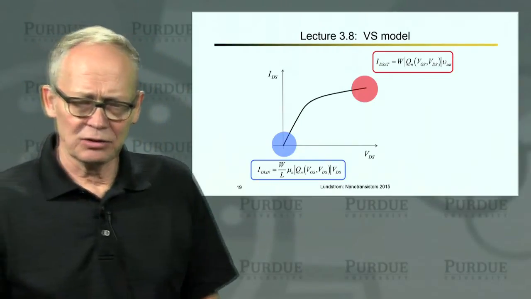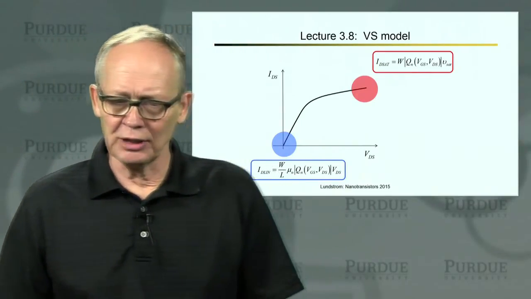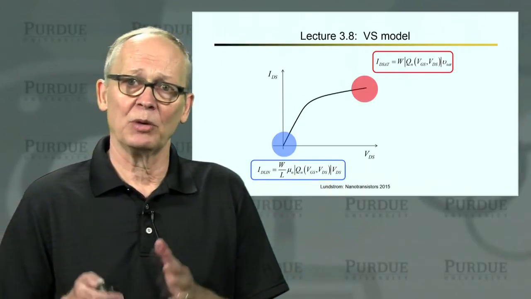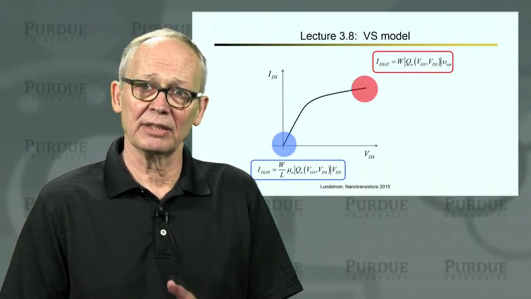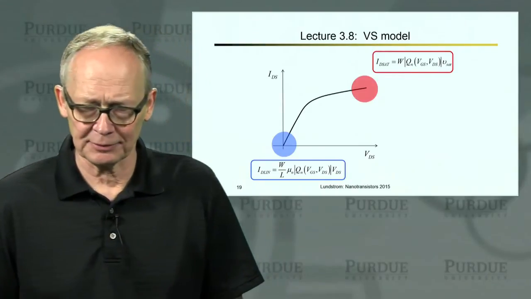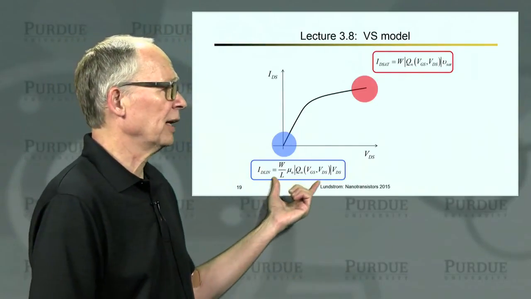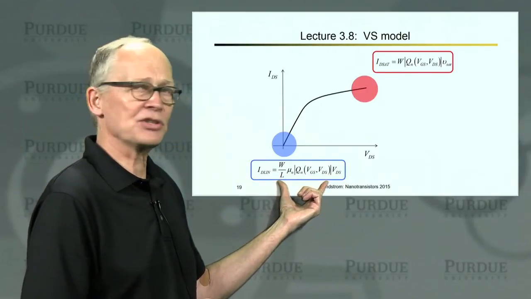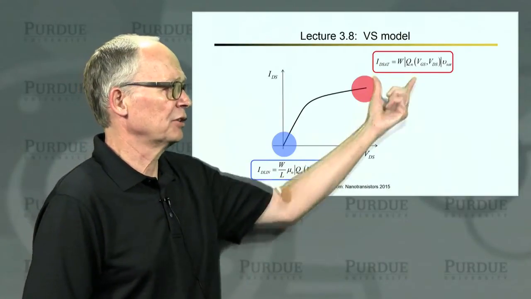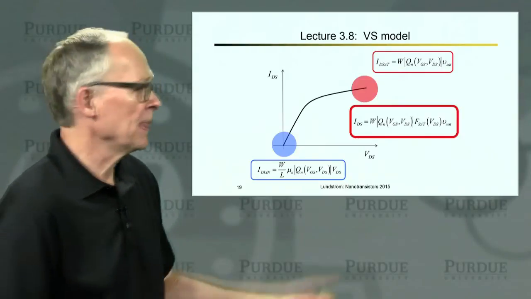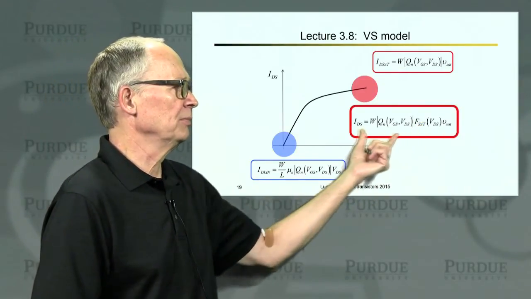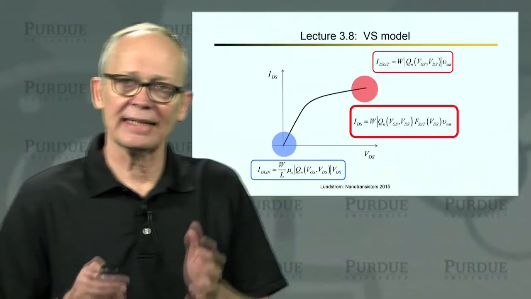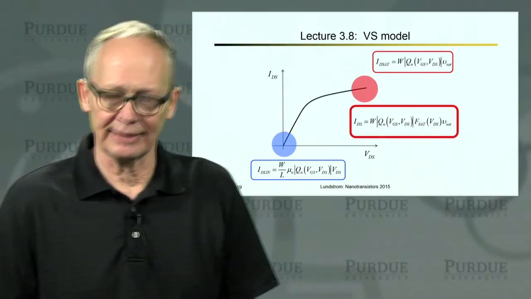Okay, then to wrap up this unit, we returned to our virtual source model and tried to connect the ballistic model that we developed to that virtual source model. In the virtual source model, we developed it from traditional arguments. This is our traditional linear region current. This is our traditional saturation region current. We used an empirical function to fit those two together to get a continuous curve. And then we asked, how does this ballistic model relate to that?